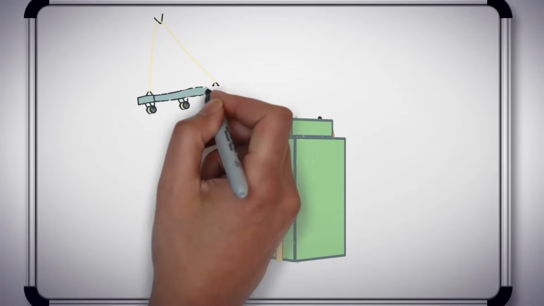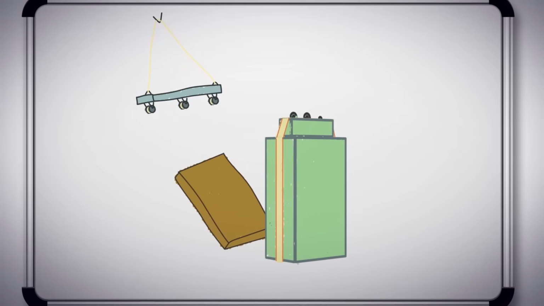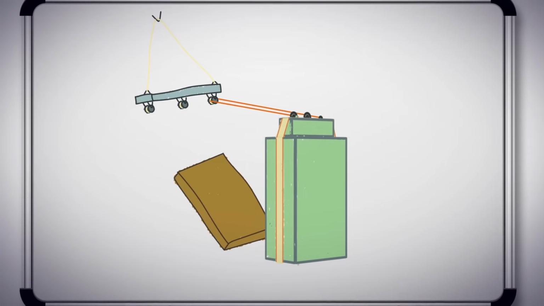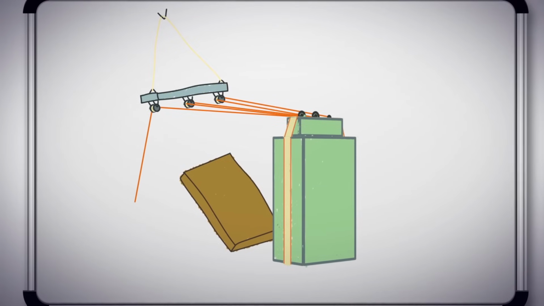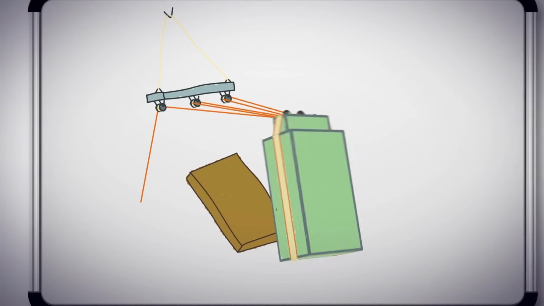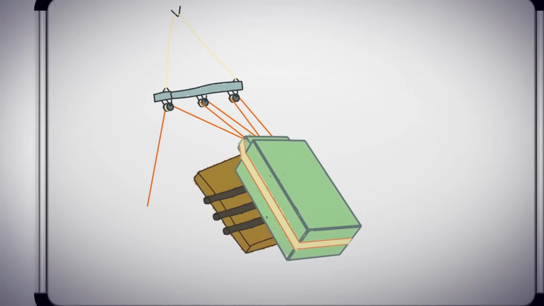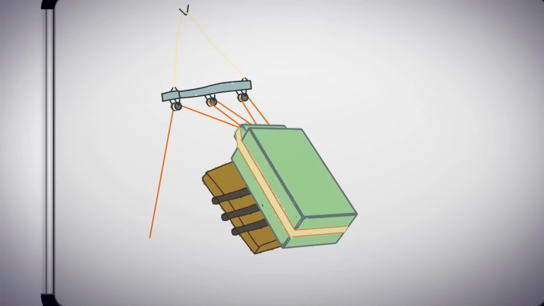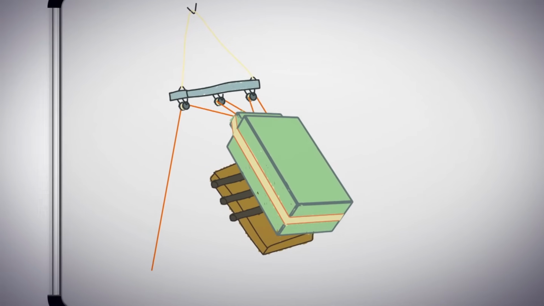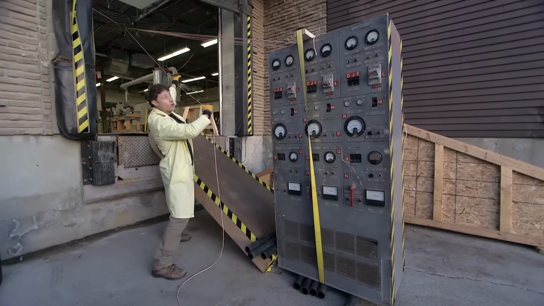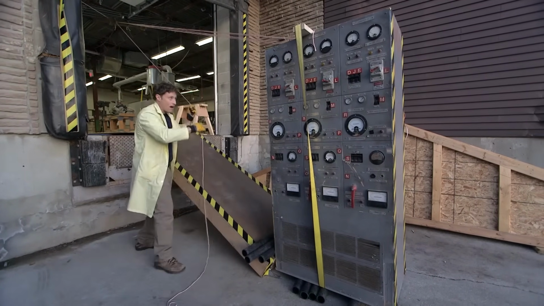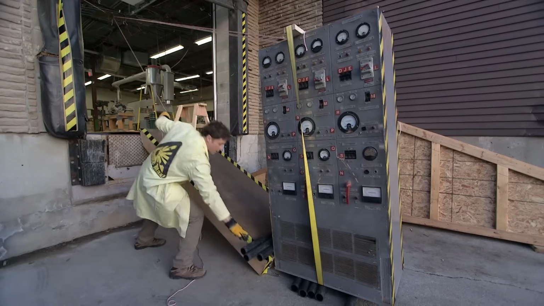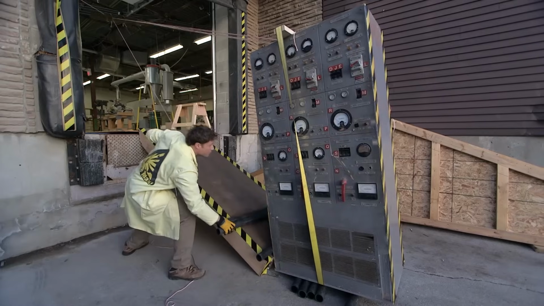I have 3 pulleys on one end and 2 pulleys on the controller. Because I have 5 pulleys working together, I'll only have to lift 1/5 of the weight. The plan is to get it tipped over onto the ramp, then use rollers to help it roll up as I pull on the rope. There's 3 pulleys on that piece of wood over there, and I got 2 pulleys on this piece of wood here. And now, if I pull, and I carefully put the rollers